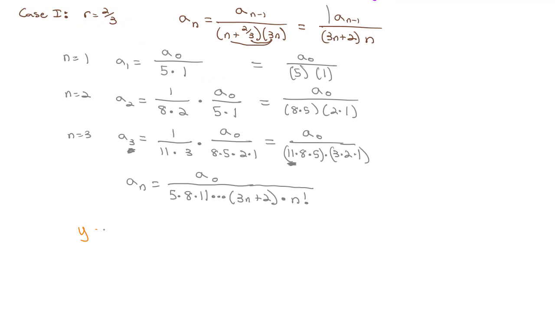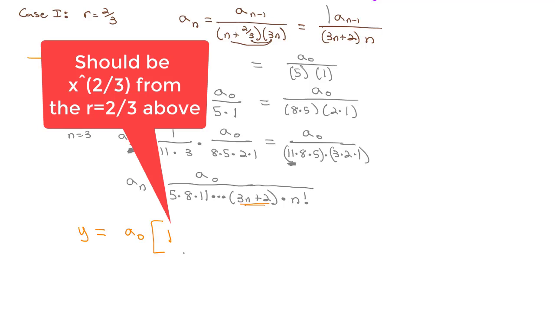So if we put that all together, we get our first set of independent solutions. We're going to have an a sub 0 times, now I've got to be careful here, the pattern starts at 1. If I were to plug 0 into this formula, the 3n plus 2 would say to multiply by a 2, and there is no multiplying by 2 actually happening. So the pattern actually starts when n equals 1. So we have to account for when n equals 0 independently. So we're just going to put a 1, because that gives us the a sub 0 term that's not accounted for in the pattern,